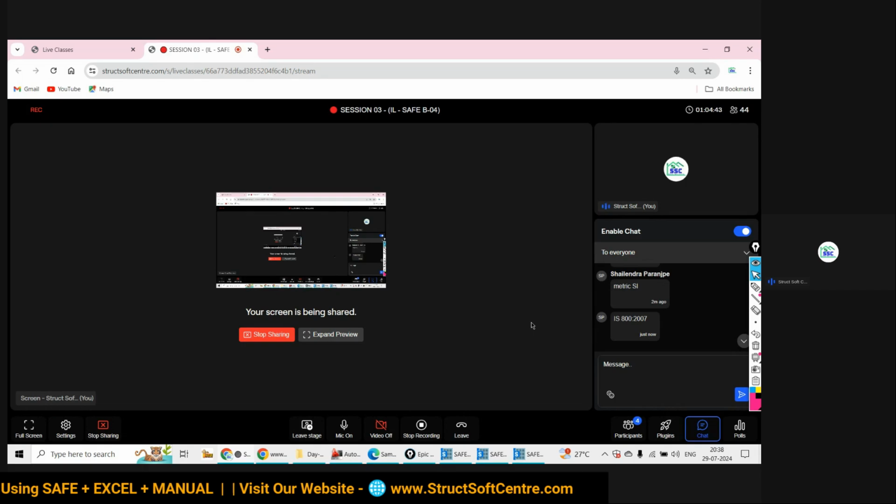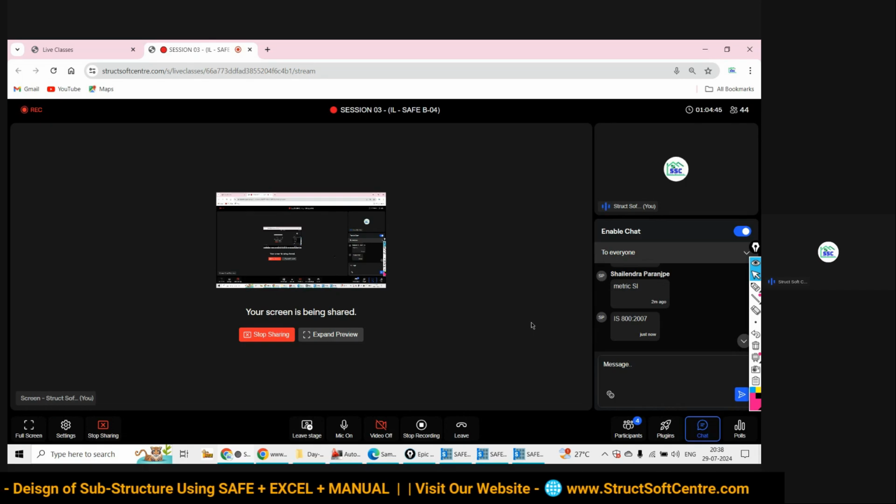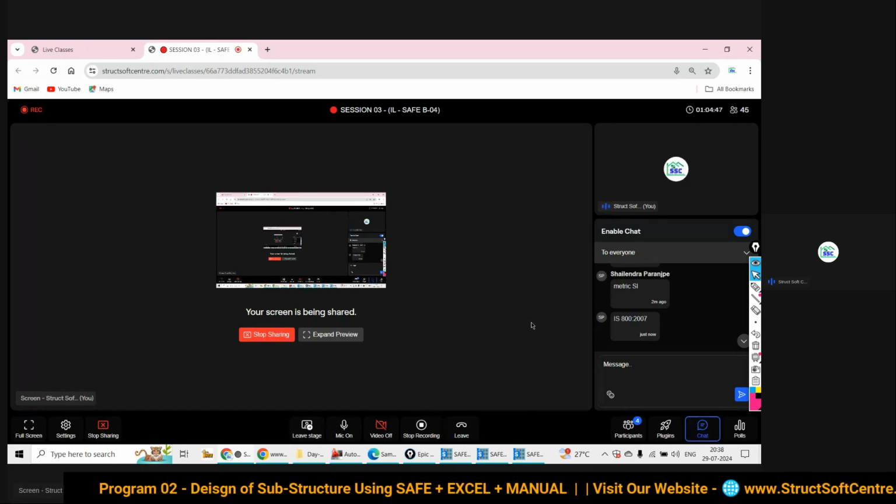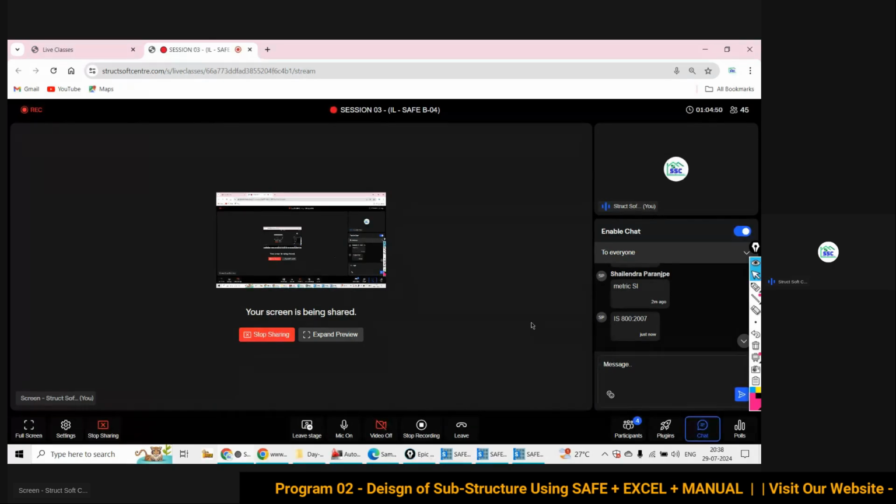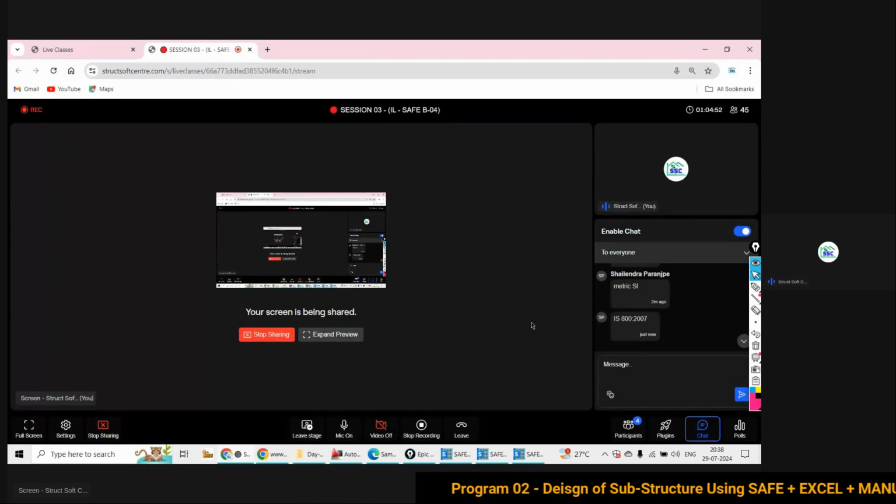So in any of this software, the very first thing is you need to have your model. Unless you have your model, you cannot assign the load, you cannot perform the analysis, you cannot do the design, and then you cannot go for scheduling and detailing. So the very first thing is to have the model.